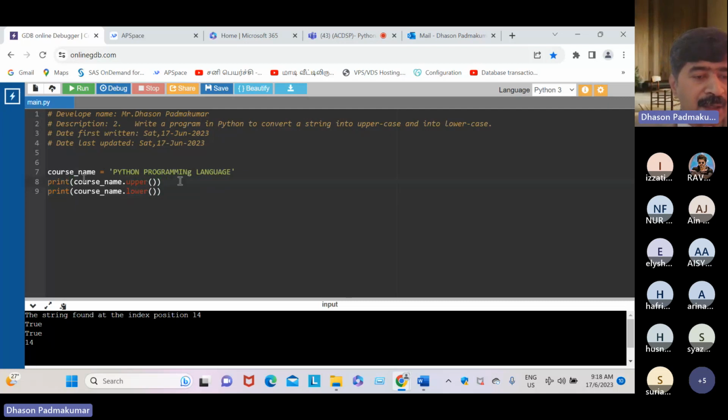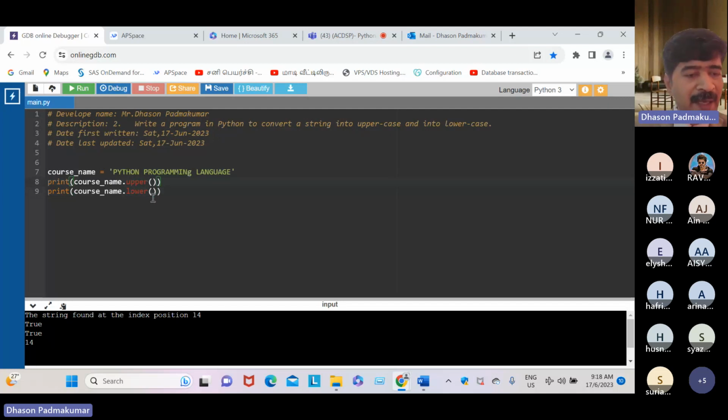It means, dear student, it converts. See here, the upper function converts the string found inside this course name to uppercase, but see next is this lower function, which converts the course name to fully lowercase.